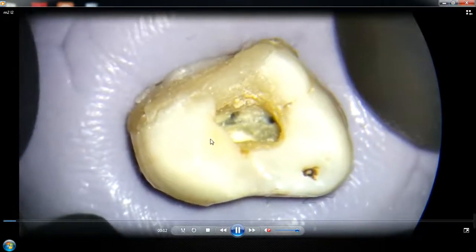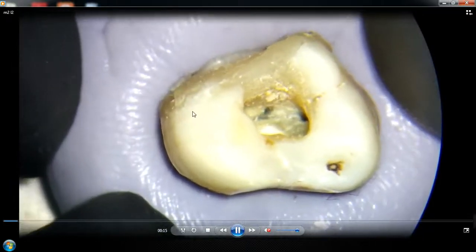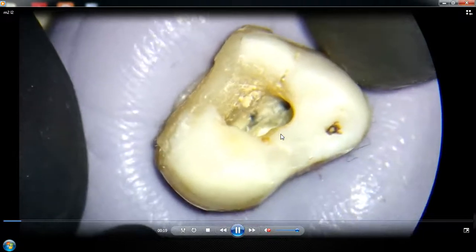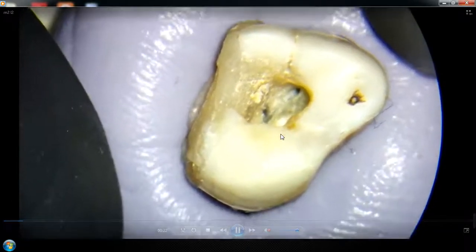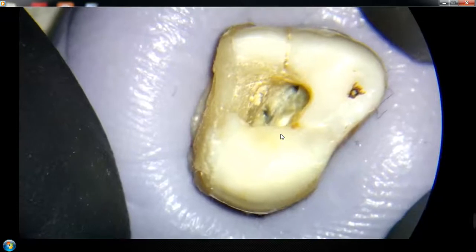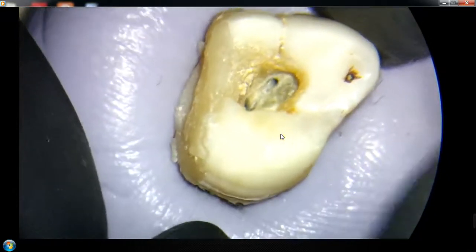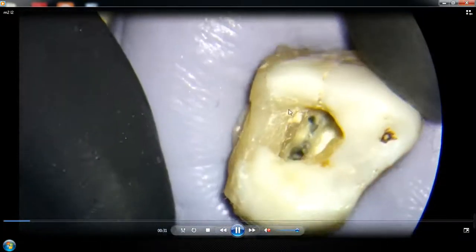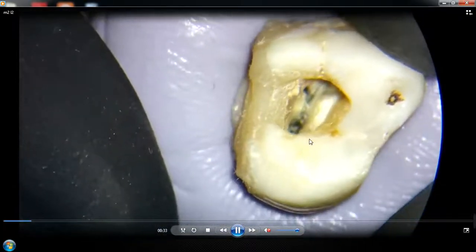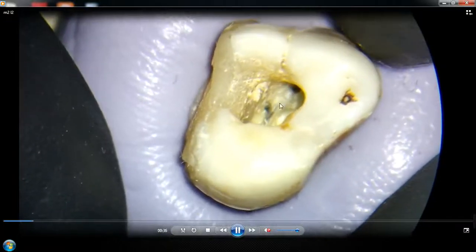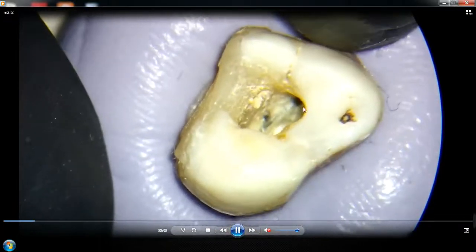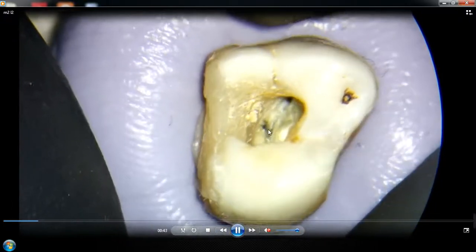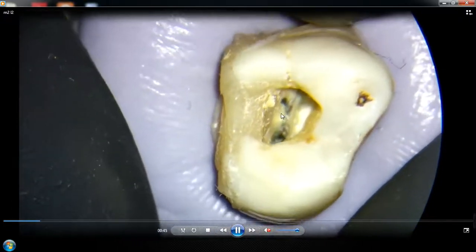This is the initial access preparation. I have done an endo buildup, and this is a maxillary tooth. Yesterday we could see only first maxillary molars. This is a typical design of a second molar of the maxilla. You can see the mesiobuccal orifice is present here, and on a straight line there is a palatal orifice, but just slightly away from this line of developmental groove, you can see another distobuccal orifice.